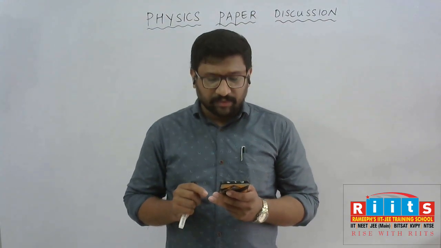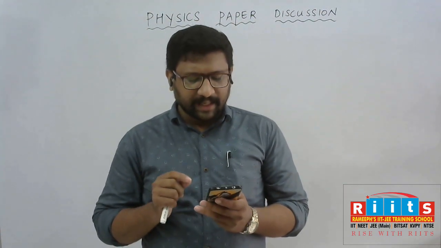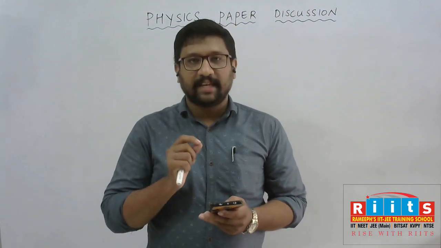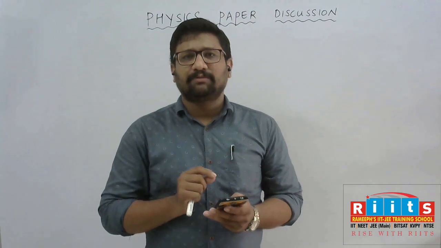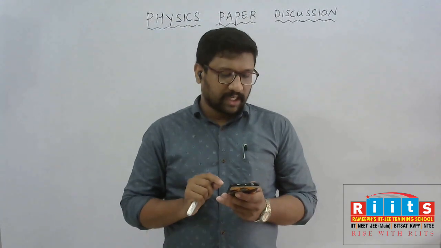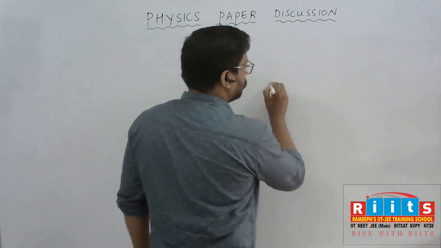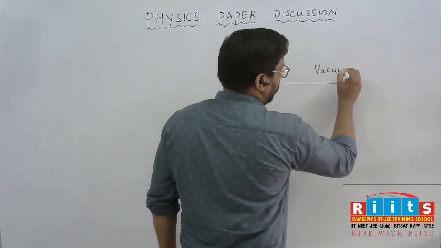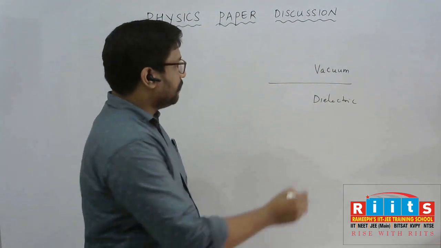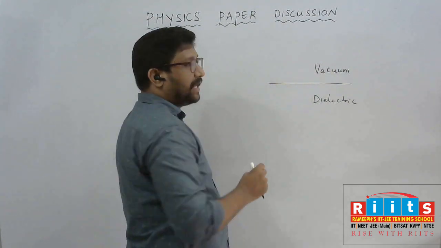An electromagnetic wave of frequency 3 MHz passes from vacuum into a dielectric medium with relative permittivity 4 and relative permeability 1. Then you have to select which is the correct option. They are asking about the change in wavelength and frequency. So because of the medium change, that is, the first medium is vacuum and the next medium is a dielectric medium, how can you analyze the frequency change as well as the wavelength or velocity change easily?